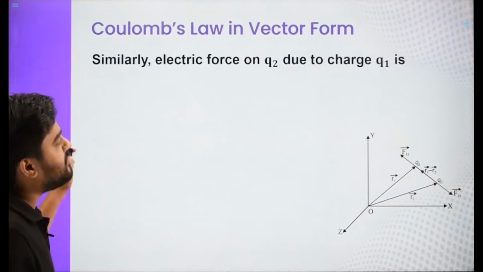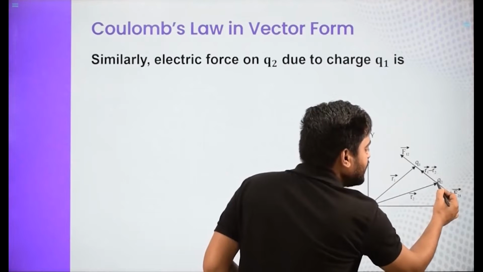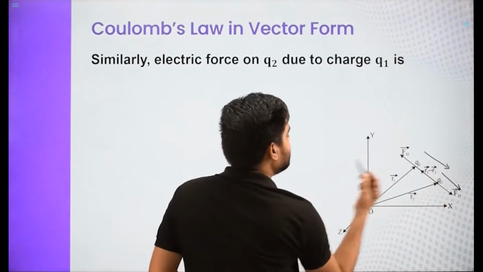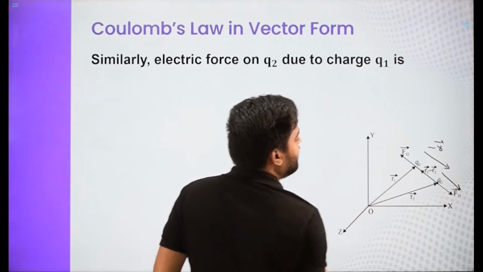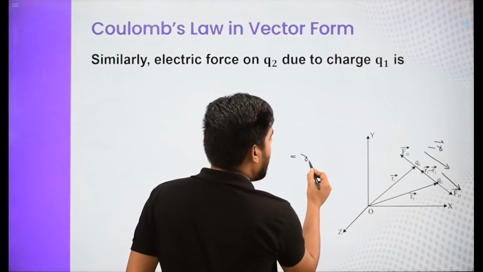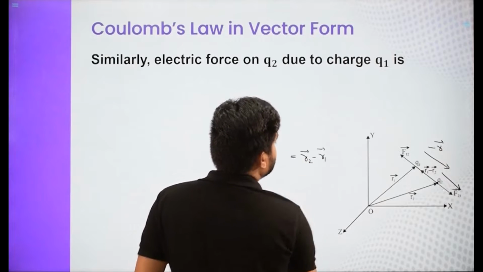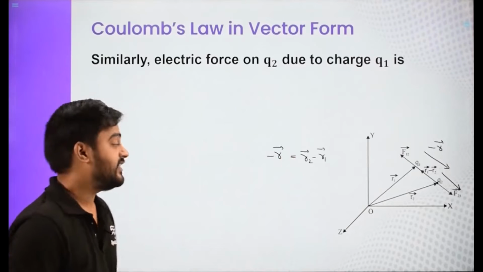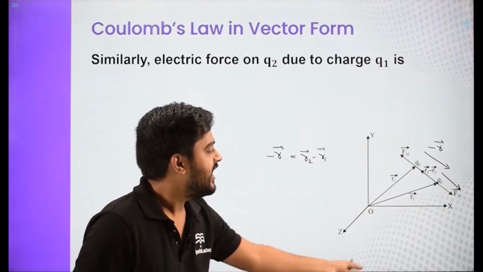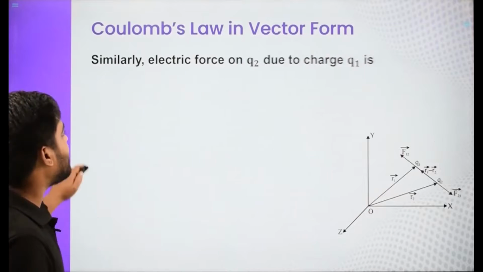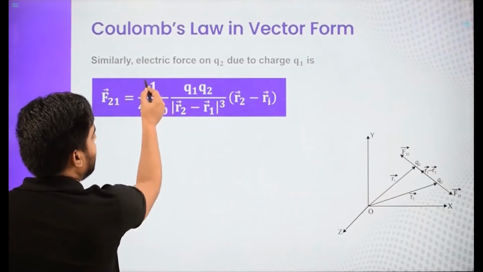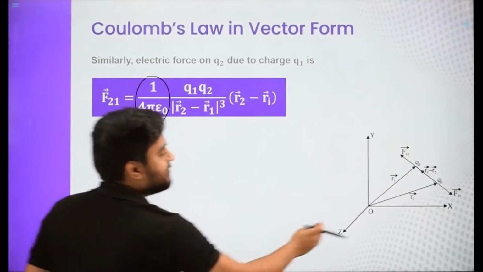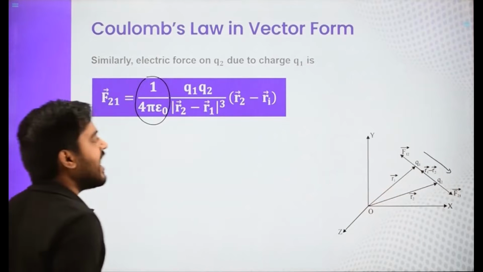Now similarly, if we want to write the force on 2 due to 1, here I have to use this vector, and that vector is the negative of the previously used R vector, which is the R2 vector minus R1 vector. So instead of R1 minus R2, this will be replaced, and we will get the force on 2 due to 1. So we can write that the force on 2 due to 1 is k Q1 Q2 by R cubed times the R vector. The R vector this time is this vector, which is R2 minus R1 vector.